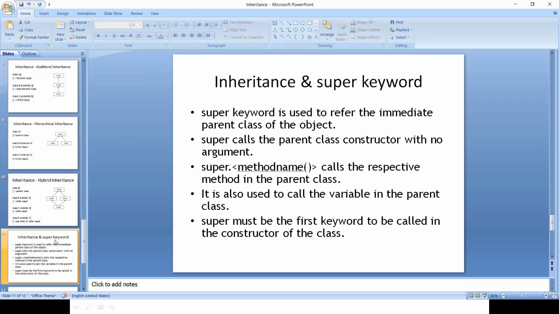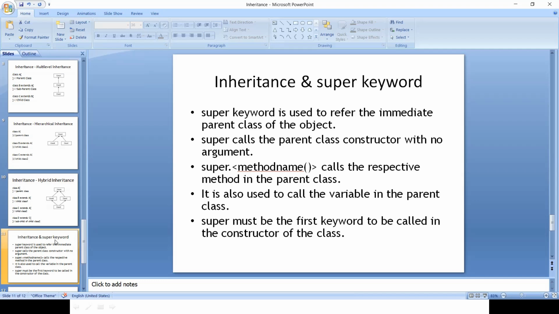Now, it is also used to call the variables in the parent class. Guys, this is very useful when you want to print the original values, right? Because using inheritance, we can also implement overriding. Let's say in my class A, I have a method called print, but I am extending class A, and in my own class, I am again writing a method called print with my own implementation.